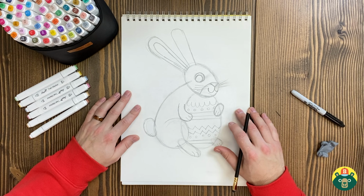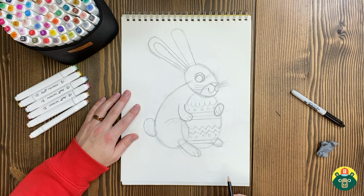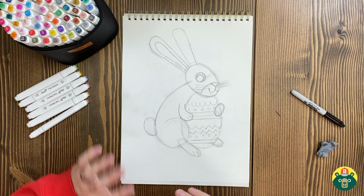All right, so what should I name my bunny? I think I'm gonna name her Jenny. I think it's a girl, and I'm gonna name her after my niece, Jenny. She's also a really good artist, so I think she'll be excited. So we got Jenny here, all ready to be...